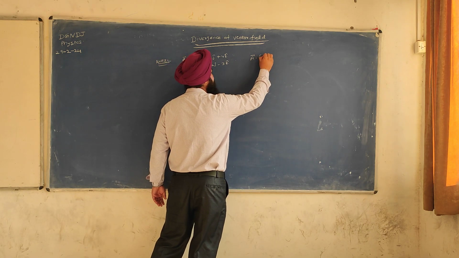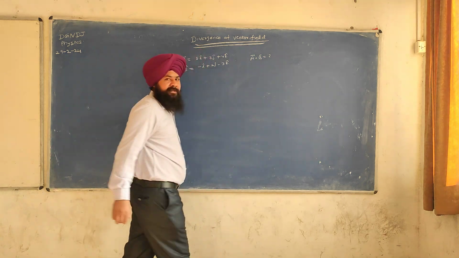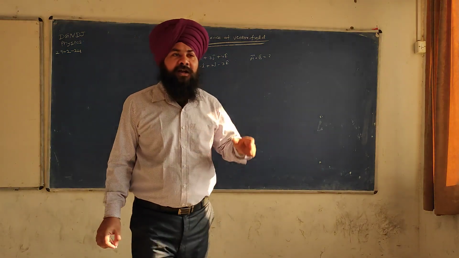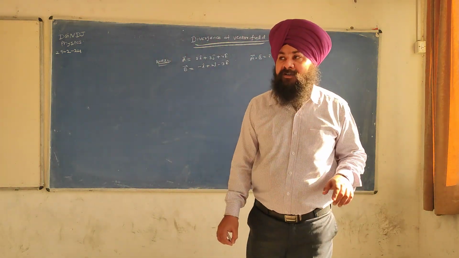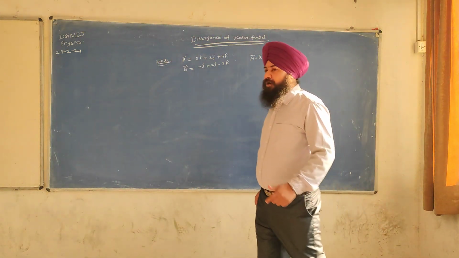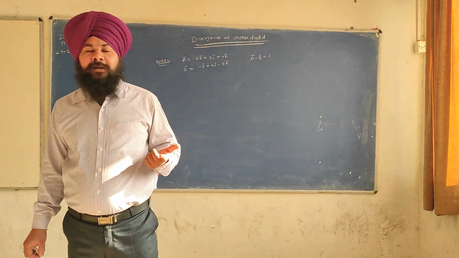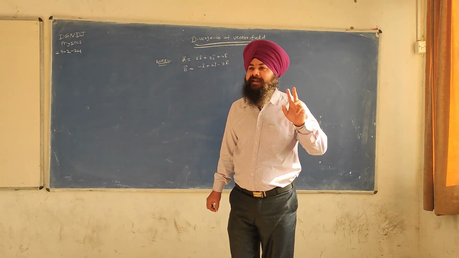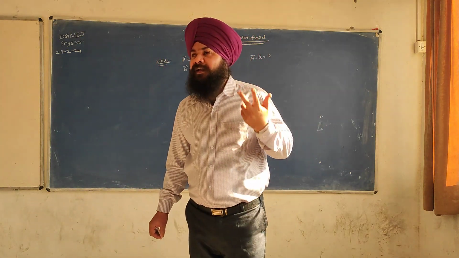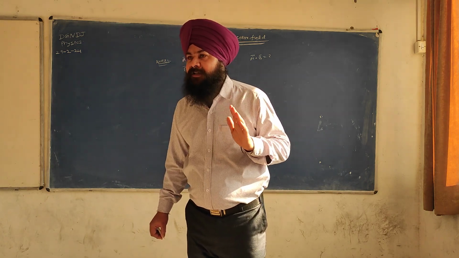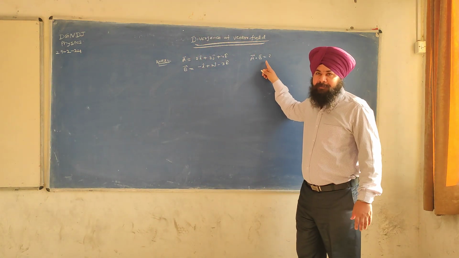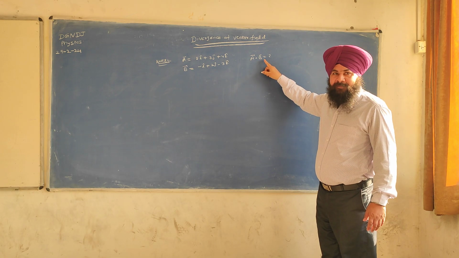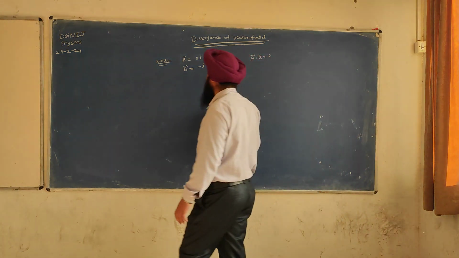So can you find out the dot product of two vectors? What is A dot B? This is not a simple product. This is not a scalar product. This is called a dot product of two vectors. How would you find out the dot product of two vectors? आप कैसे निकाल सकते हैं? हिंदी वाला समझ आ रहा कि नहीं आ रहा? मैंने दो वेक्टर्स दिए हैं और मैं उन दो वेक्टर्स की क्या निकालना चाहता हूँ? डॉट प्रोडक्ट निकालना चाहता हूँ. This is called A dot B. This is not AB. Now say this is a vector, this is a vector. So can you find out the dot product?